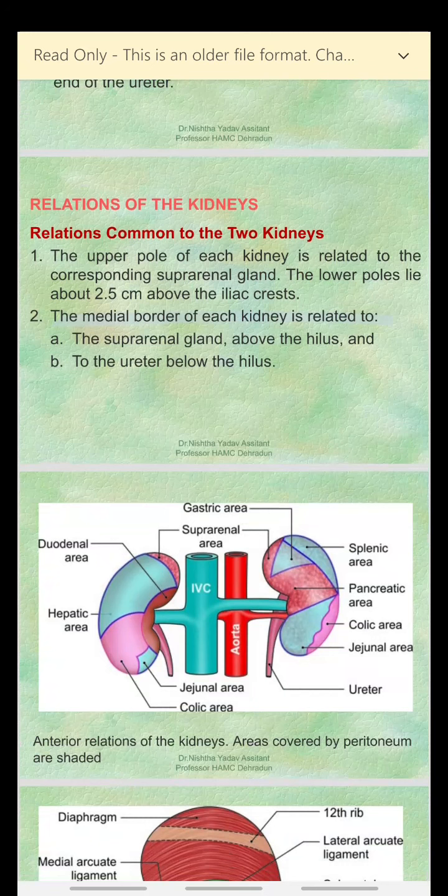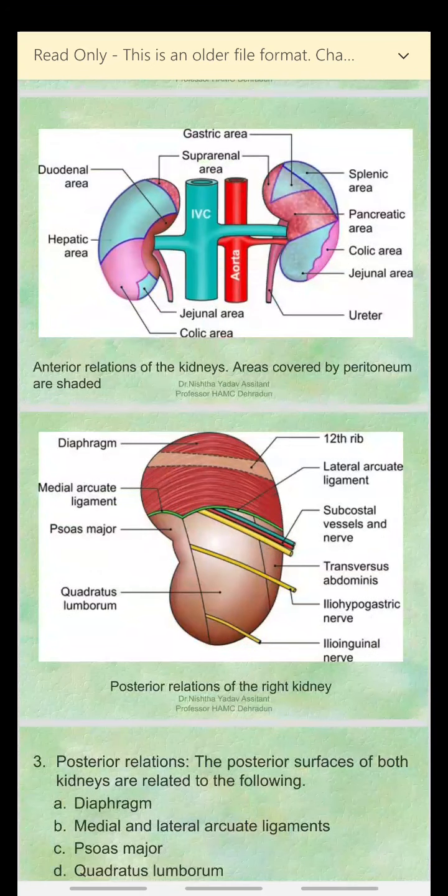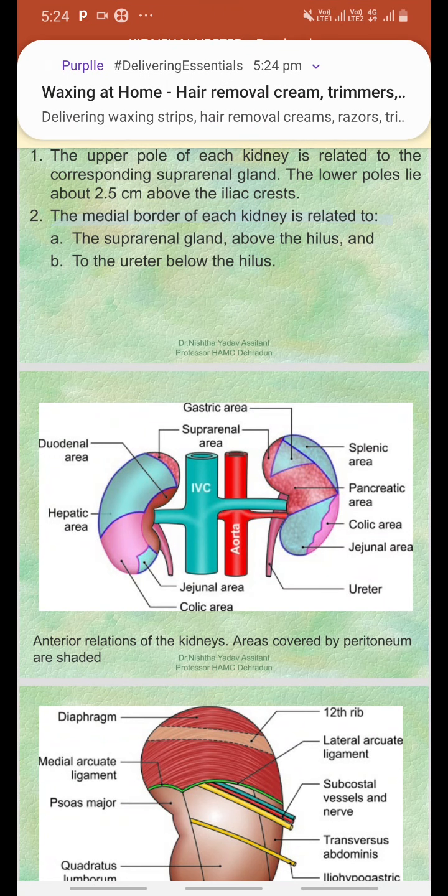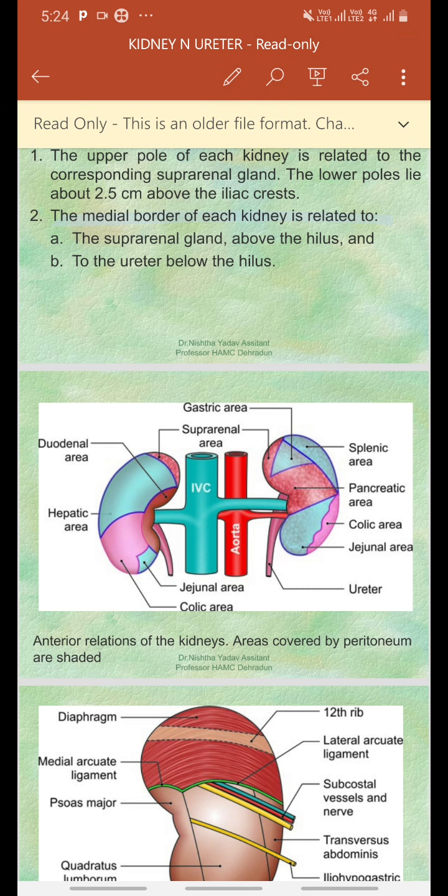Then there is a hilum in the kidney. The hilum of the kidney is the depression which you can see in the medial border where the inferior vena cava, aorta and pelvis are gaining entry and exit. That depression is known as renal hilum, and this renal hilum is the entrance to a space within the kidney which is known as renal sinus. If you cut the kidney open, you will find a space inside the kidney which is known as renal sinus. So renal hilum is the entrance to that space which is inside the kidney.